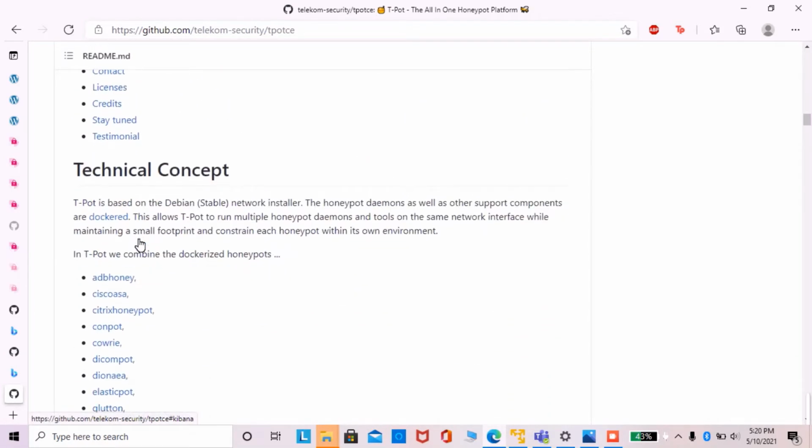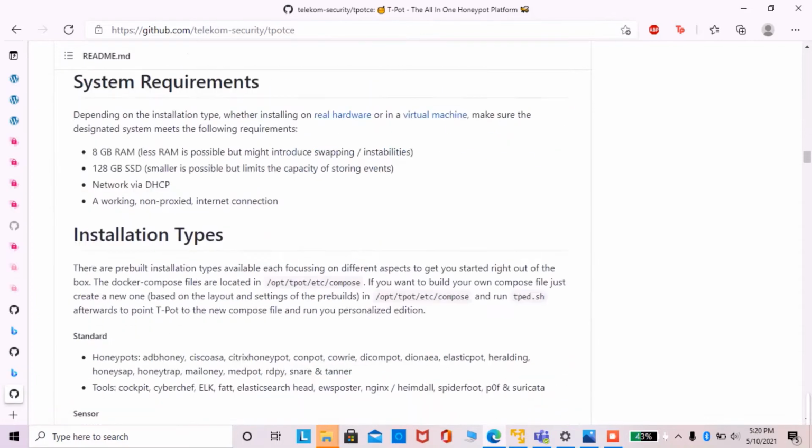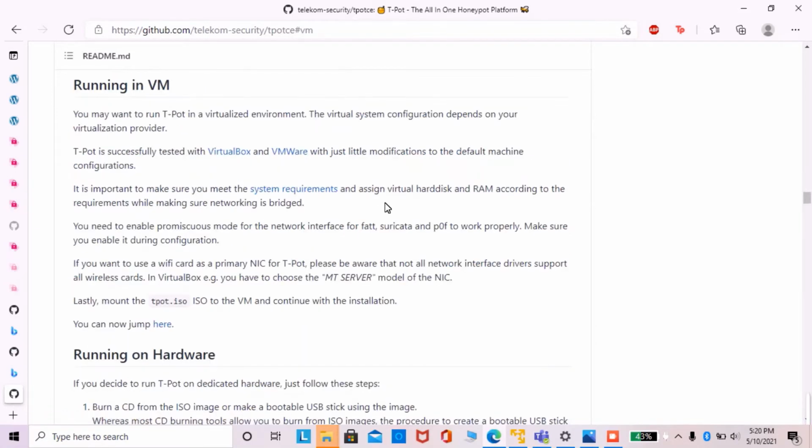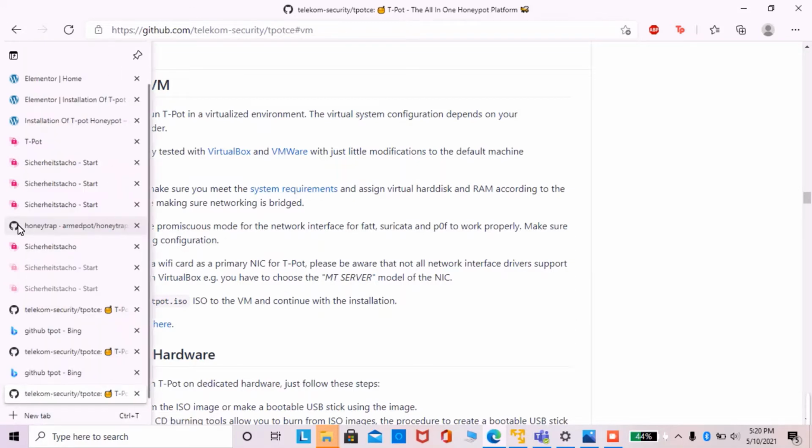To install T-Pot, we can go and find an ISO file here. We can download the T-Pot ISO file and upload it to the VMware software, where we can create a virtual machine that will give us the login ID and the password which we can use in the browser to access our T-Pot website.